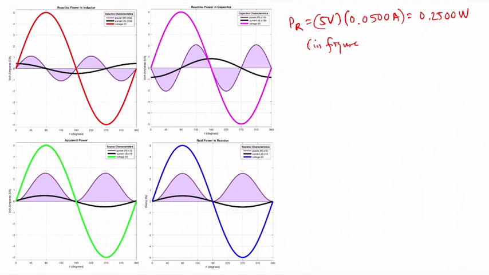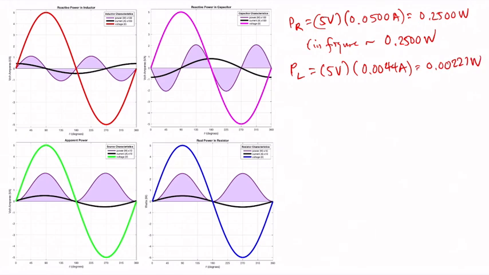we have the power to be equal to 0.2500 watts. Okay, and for the inductor, the power is obtained by multiplying 5 volts by 0.044 amperes. Okay, this gives us 0.0221 watts, but in the figure this power is seen to be